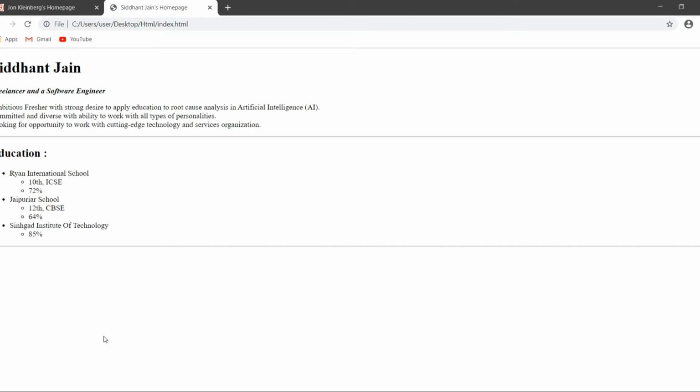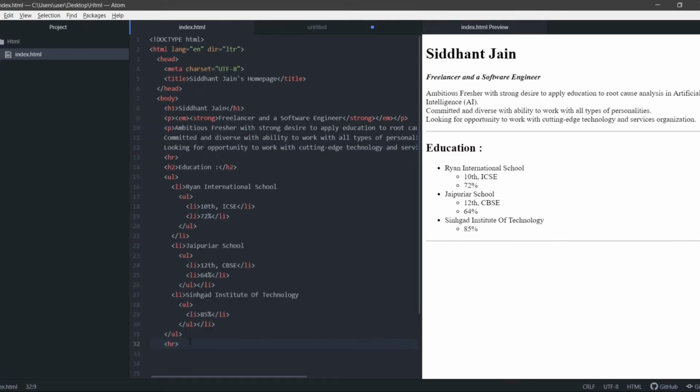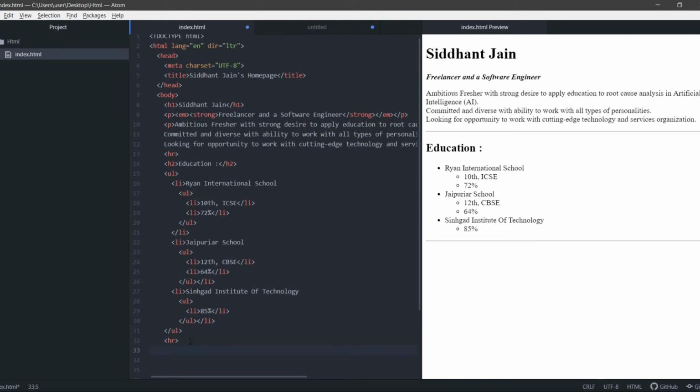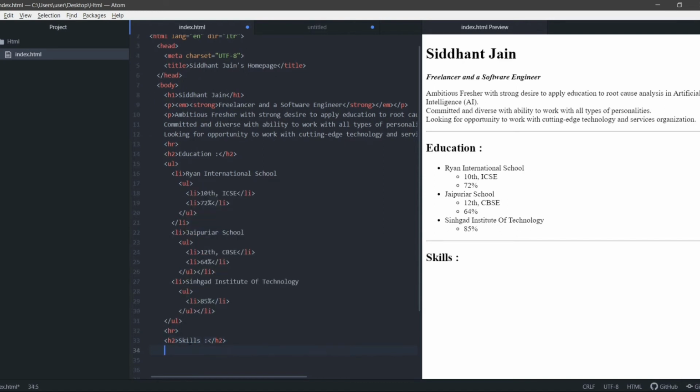Now after education, I want one more section here that talks about my skills. So we'll go back to the code again. Now what will we do? We'll add a heading tag, again h2, and here we'll write skills. Hit enter.